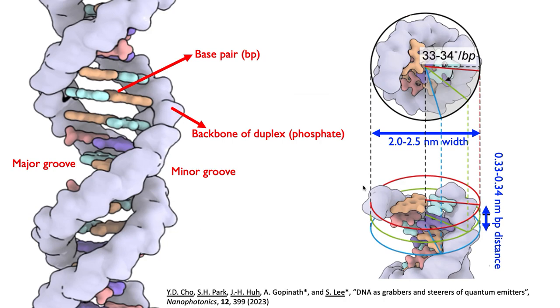Then, it's time to get into the detailed structural features of the DNA duplex. It has a helical feature, obviously, with alternating major and minor grooves, and base pairs formed through hydrogen bonding are stacked in a self-aligned fashion. These stacked base pairs tend to twist along the long axis of the duplex. This is a way to mitigate the possible ionic repulsion between the negatively charged bases. Meanwhile, note that the width of the duplex is about 2.0 to 2.5 nanometers. The distance and the rotational angle between the stacked base pairs are about 0.33 to 0.34 nanometers, and about 33